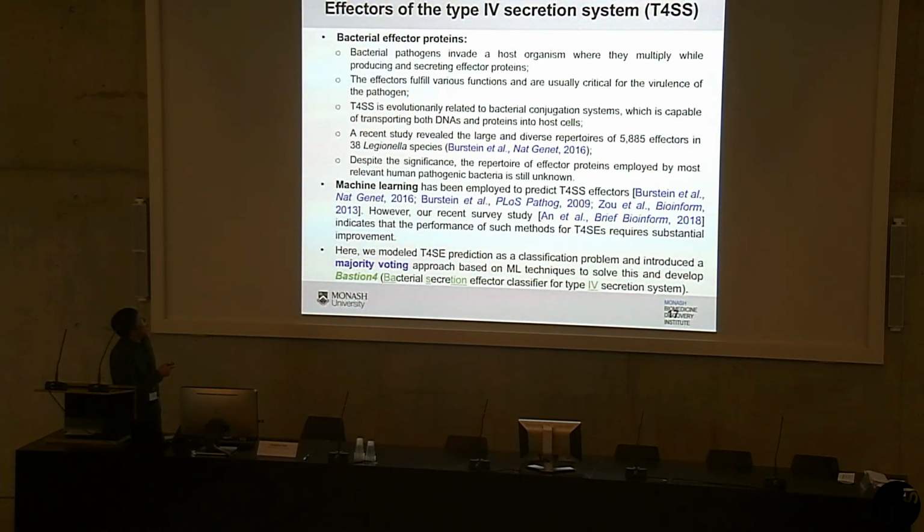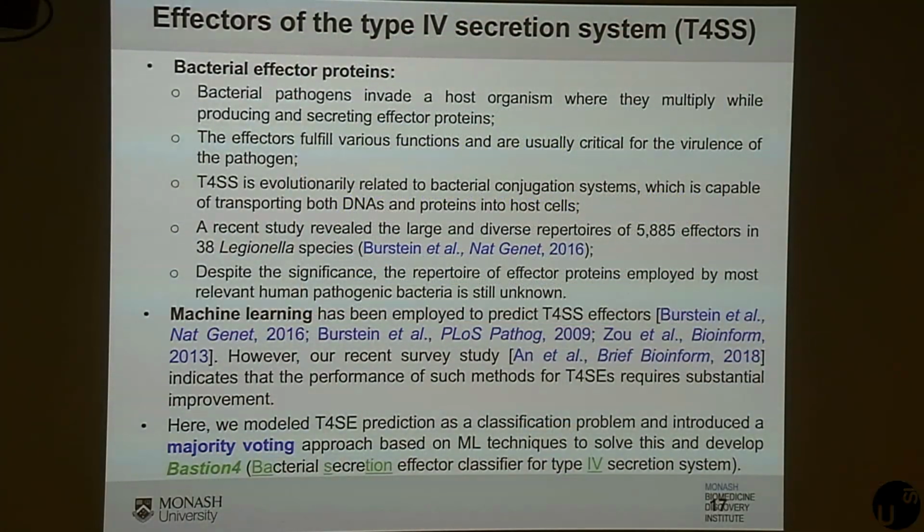So we focus on the type 4 secretion system. The type 4 secretion system is evolutionarily related to the bacterial conjugation system. In the early stage of the development of this bacterial secretion, its original role was to obtain nutrients from the external environment. But through evolution, the bacterial type 4 secretion (T4) system can now secrete a number of pathogenic effectors,